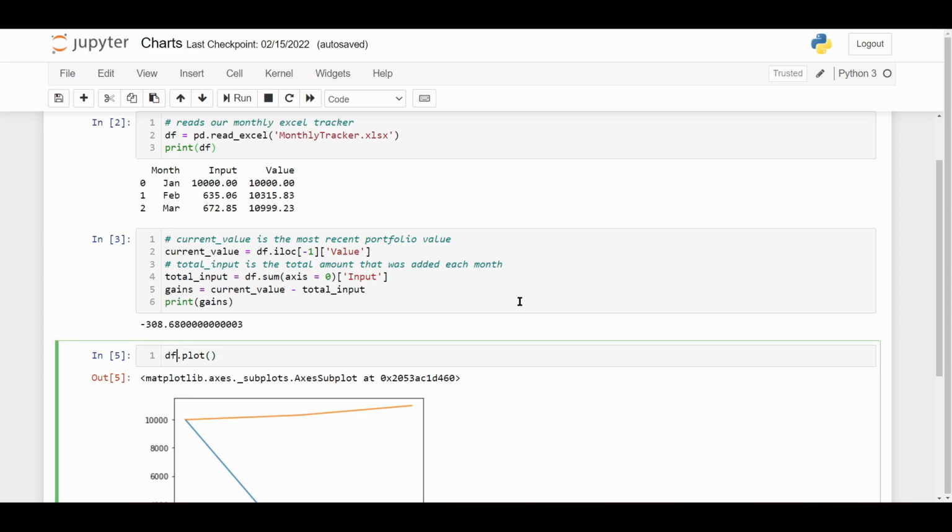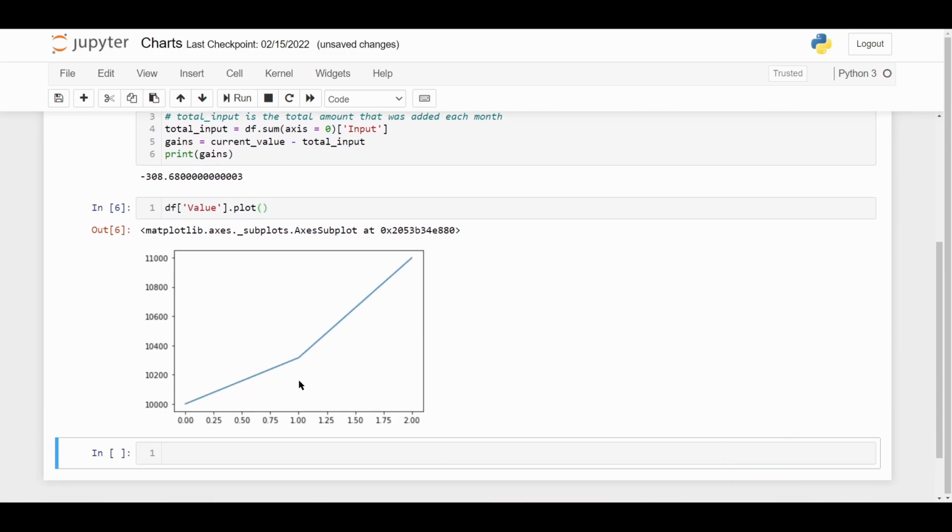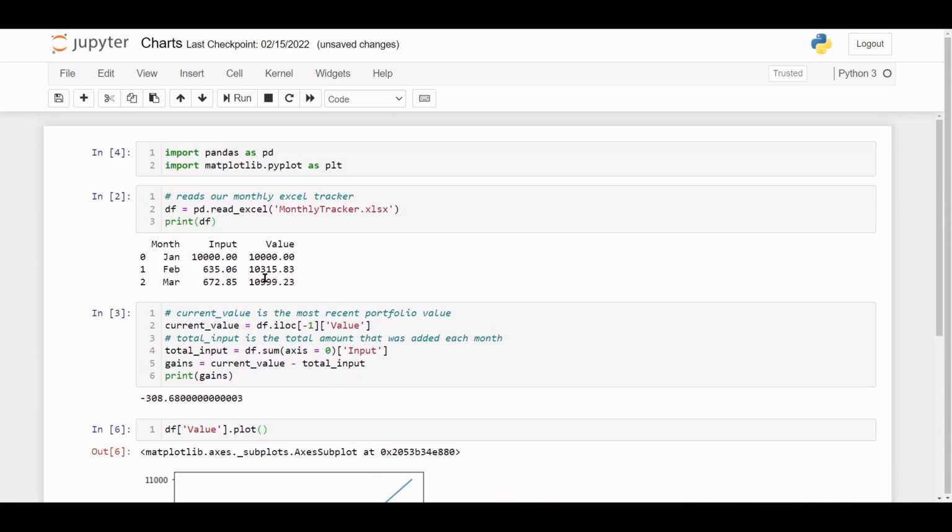So I'm going to say df value dot plot. Now when I run this, we're just getting our value, starting at 10,000, then going to 10,315.83, and then